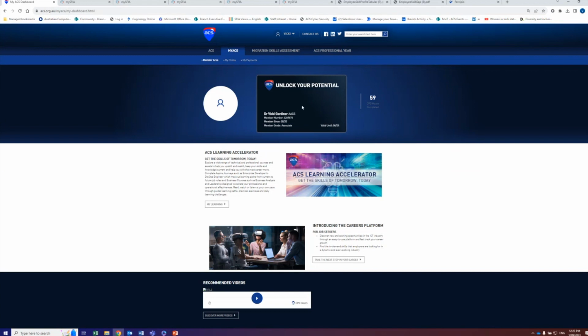Here you can see that you've got your digital membership badge. This is really important if you wish to access the ACS hubs in Sydney and Melbourne. You can go to the concierge, show them this, and they will give you access to the hubs in those areas. Also, please don't forget that you also have access to the Brisbane hub, the River City Labs area, Sydney, Melbourne, and also here in Canberra.